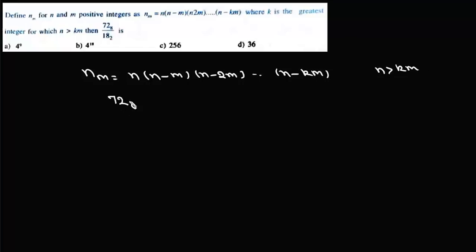Now here the question is, we have defined Nm as this product n minus m, n minus 2m up to n minus km, where k is the greatest number such that n is greater than km. We need to find the value of N(72, 8) upon N(18, 2). Now if we look at N(72, 8), it will be 72, 72 minus 8, 72 minus 16, 24, and you go up to 72 minus 64,